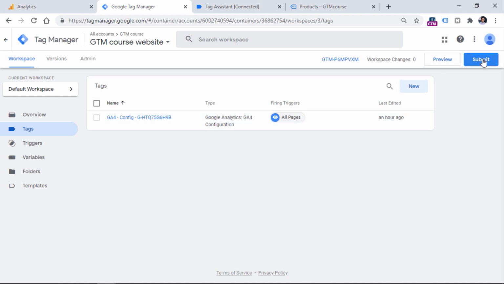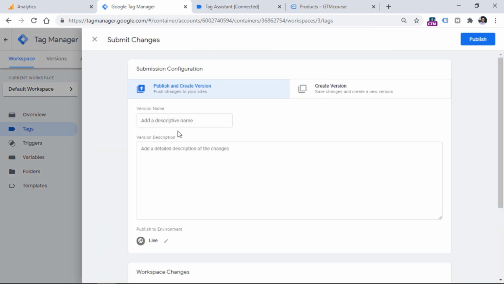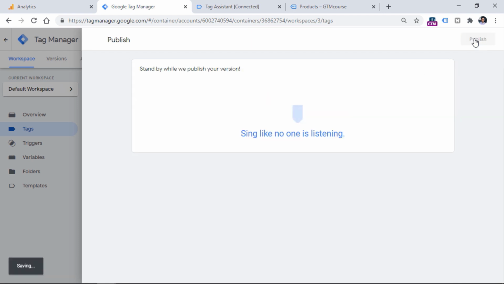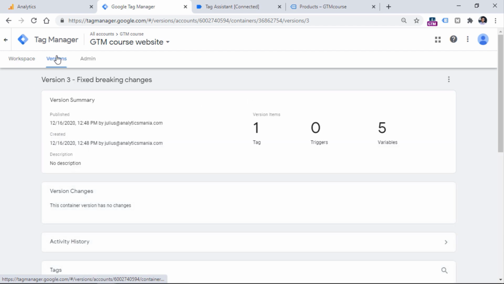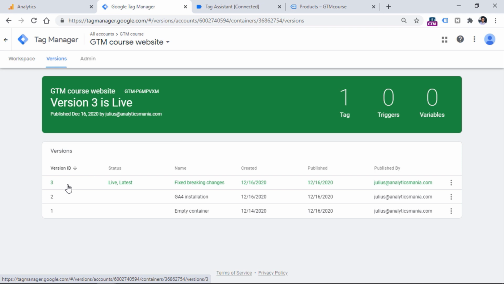That is why I'm going to click submit again. But now just keep in mind that we are just pretending that I did something. In reality, if you have some breaking changes, you should actually fix them. And then let's name this version, let's say fixed breaking changes or something like that. Then click publish. And then you will see that in the version list, so we have to click this once again, we have a new third version, which contains some fixes.